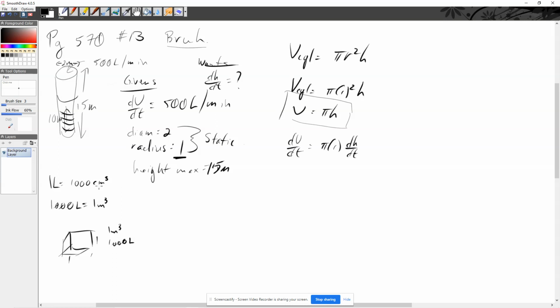So we can use either of these, and obviously we're going to have to convert that, because dH by dt doesn't make any sense in terms of liters. If I said the depth of my whatever oil in my tank is increasing by 0.1 liters per minute, that's not a depth, that's a volume. So we need to convert this to a volume in terms of centimeters or meters. So if it's 500 liters per minute, it's actually 0.5 cubic meters per